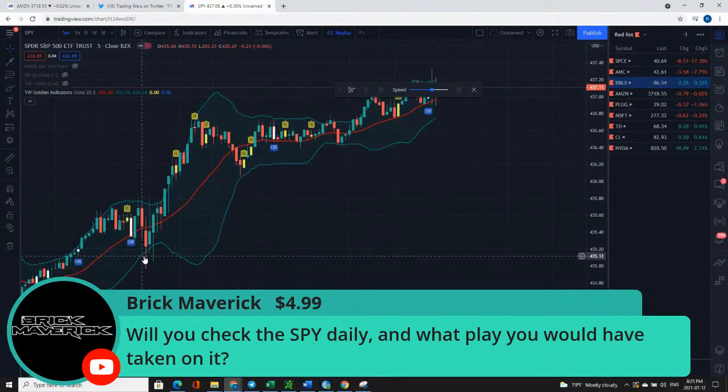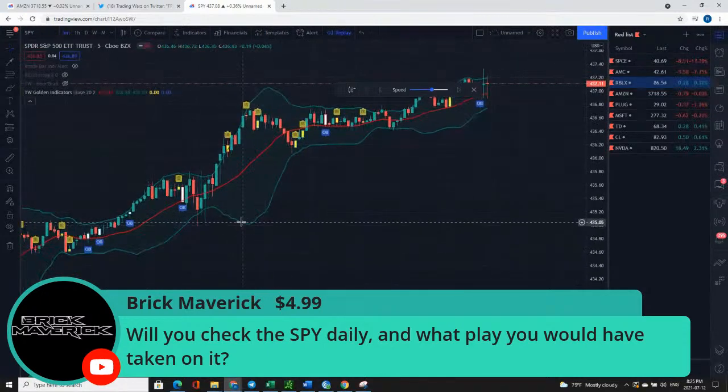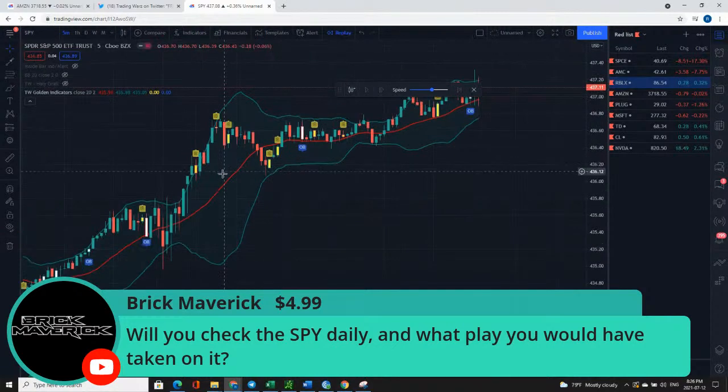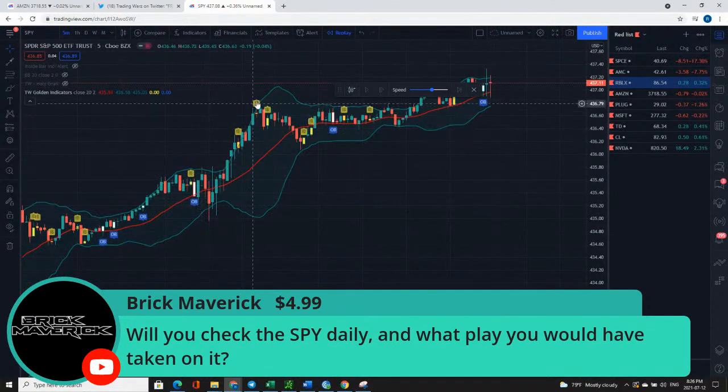Right here, we get an inside bar over here. So this one is a valid play. Take that inside bar. That's a good winner. And over here, this is just chopped out. There's nothing really there. That's why I like taking them at the beginning of the day, right? Take that inside bar there. That's good. Outside of that, this was a day where SPY really kind of just went vertical.